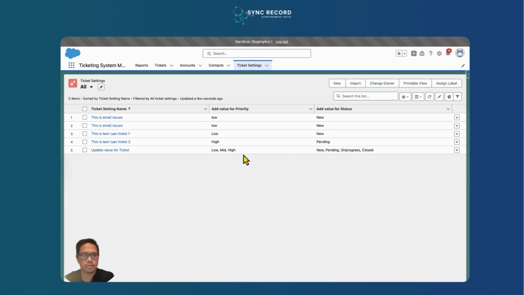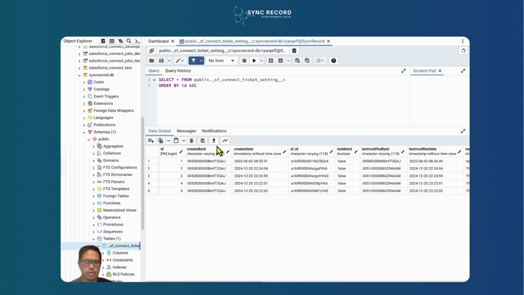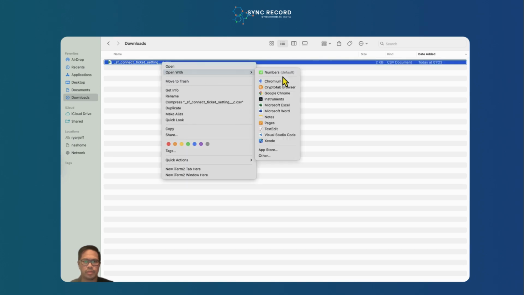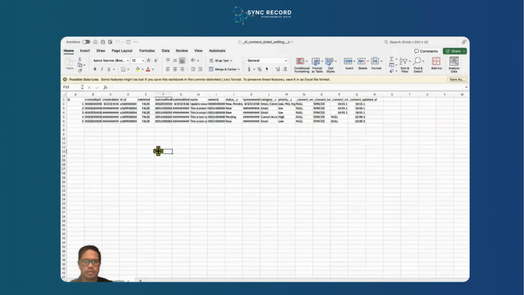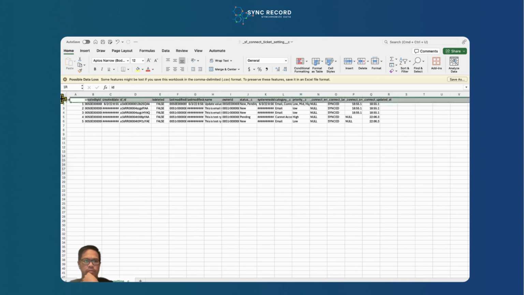Okay, so now I would like to add data using an Excel sheet on my Postgre again. Here I have the data. Let me refresh this one, and then I'll download the CSV file. Once I have the CSV file, I'll open it in Excel, and you can see I have some other data. What I'm going to do is delete this information and leave only the header,